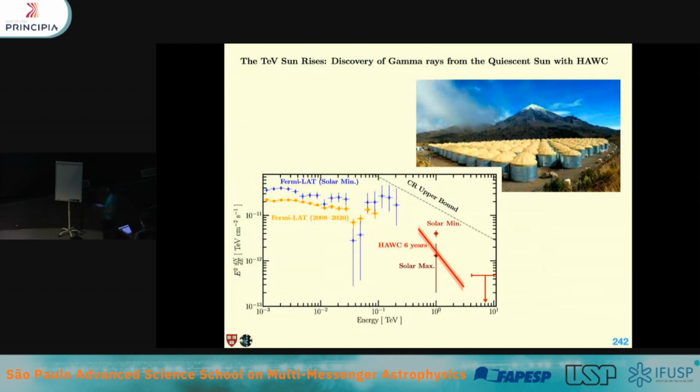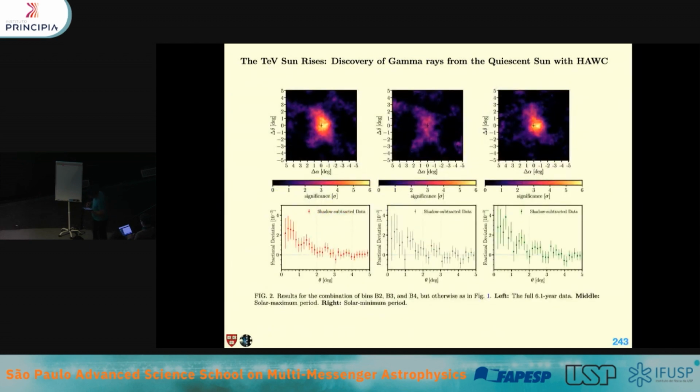So this is interesting because this is telling you that something non-trivial is happening with these protons. It's possible that the protons are getting trapped, and they're increasing the chances for them to interact, making pions. So my hope is that something similar will happen with the neutrinos, and our latest analysis includes more solar minima data, so maybe we'll find some sunny neutrinos very, very soon. And this is just for the record, how their data looks from HAWC. This is some position in the recent paper.